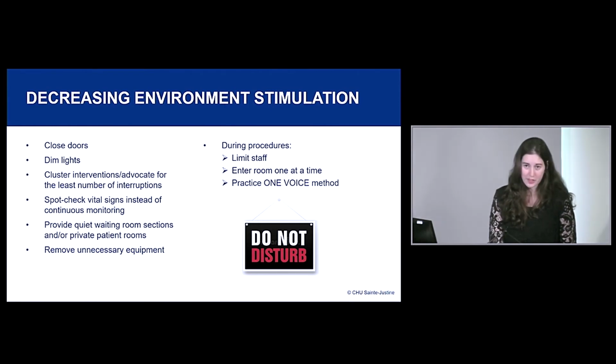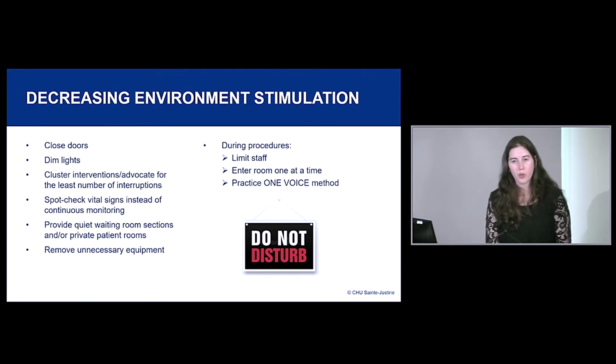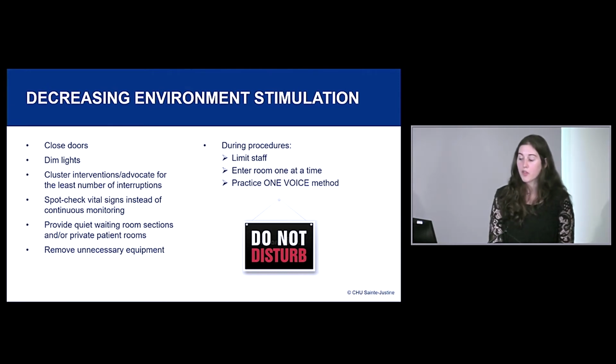A noisy hospital environment, such as the ED, with long waits and crowded waiting areas, can be provoking to children with special needs. So whenever possible, to mitigate sensory triggers, close the doors. You can use do not disturb signs, dim the lights, cluster your interventions and advocate for the least number of interruptions, provide a quiet waiting room section and/or private patient rooms, remove unnecessary equipment or hide it